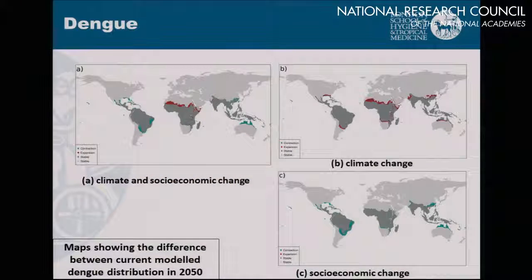This is dengue. I can't remember saying it. This is a statistical model of dengue, and I think someone's already highlighted the weaknesses around this modelling approach as well. So there's a tension for the vector-borne disease models between the biological methods and the statistical methods as well, which we need to bear in mind. Okay, so I'll try and get through this very quickly.